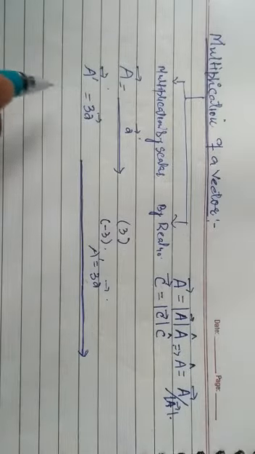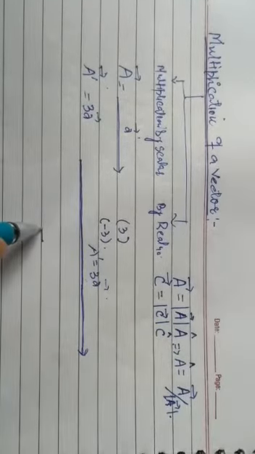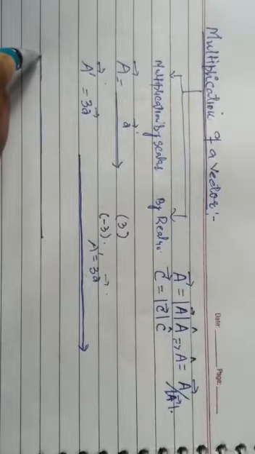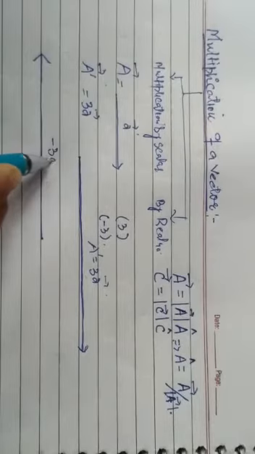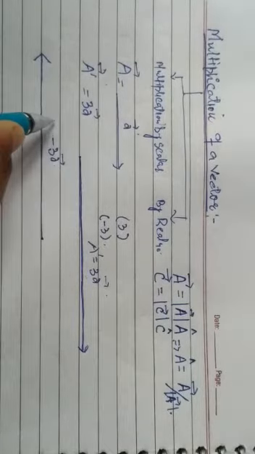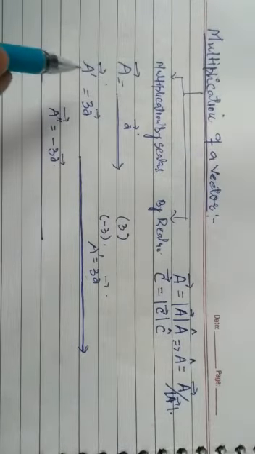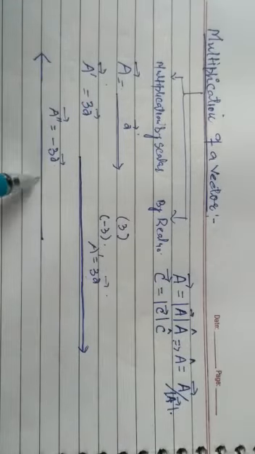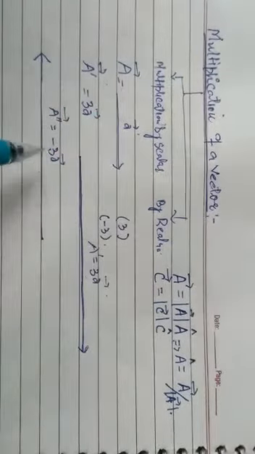But if the same vector is multiplied by -3, then we will get a vector in this very opposite direction. This will be the tail, and this is now -3A, which I will write as A double dash. Why am I putting a double dash? Because this vector is not the same: its magnitude has increased 3 times. This and this have the same magnitude, but they are opposite in direction, so they are not the same vector.